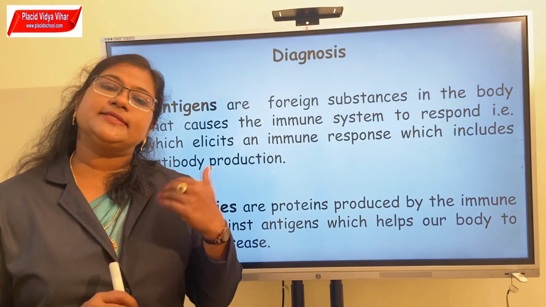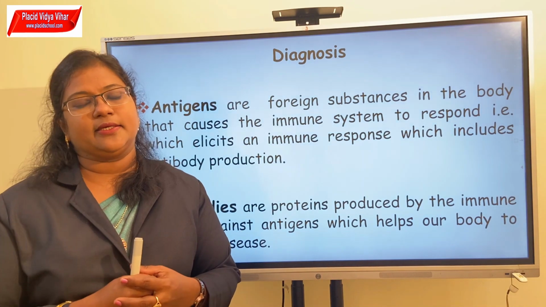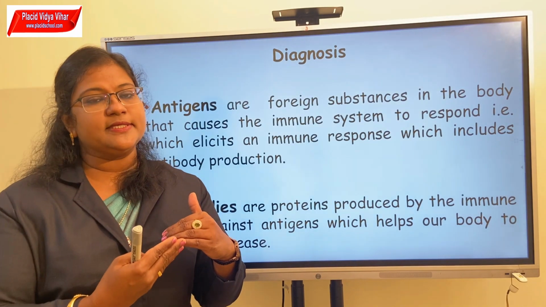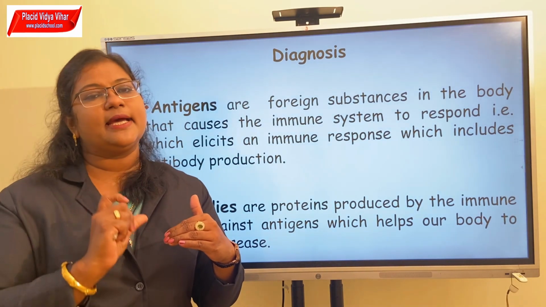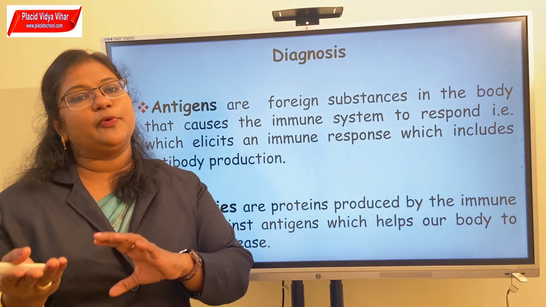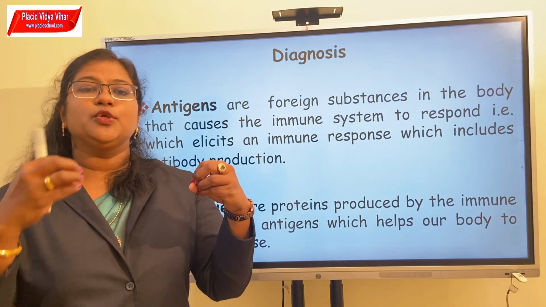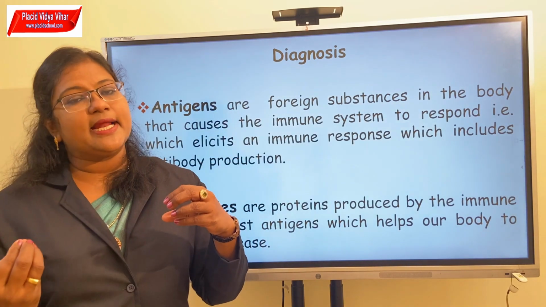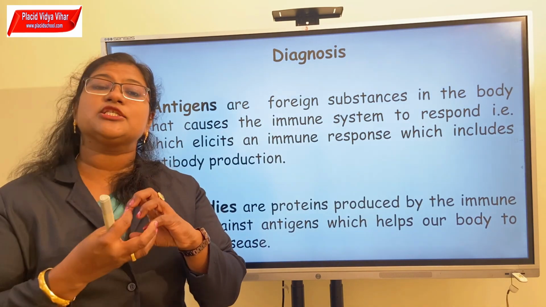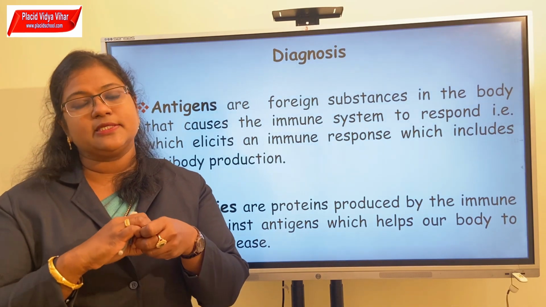An antibody is a molecule which is produced in response to an antigenic attack. So when an antigen enters our body, it will produce many immune responses, out of which one is the antibody mediated response. Is that clear? An antigen and antibody are highly specific. That means you can detect an antigen using an antibody, or you can detect an antibody using an antigen, because the interaction between them is highly specific. They will bind to each other with high specificity.